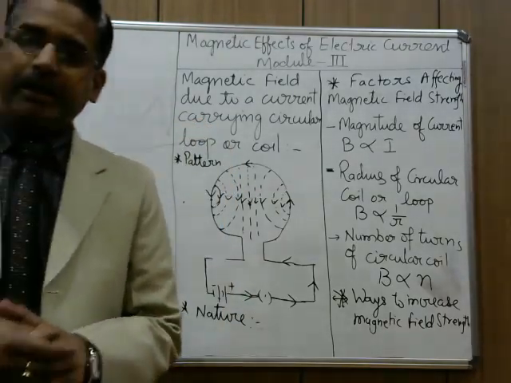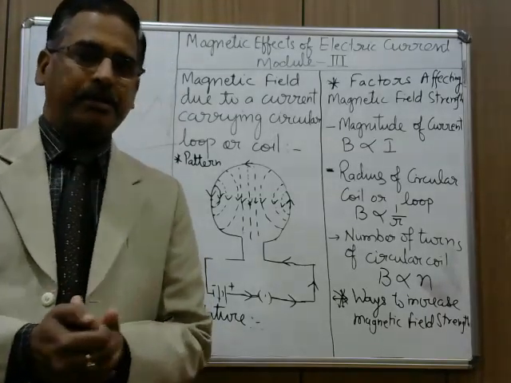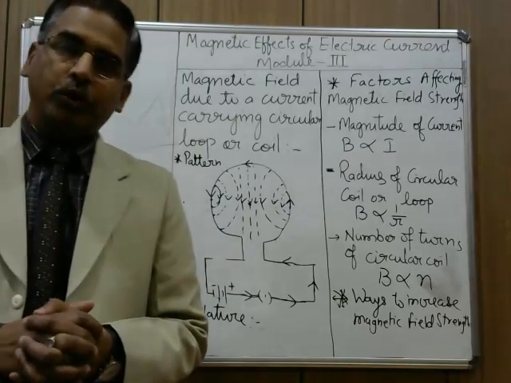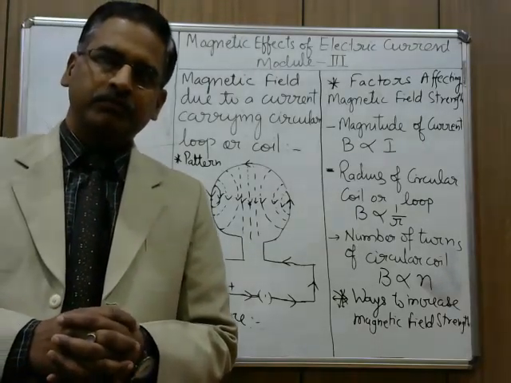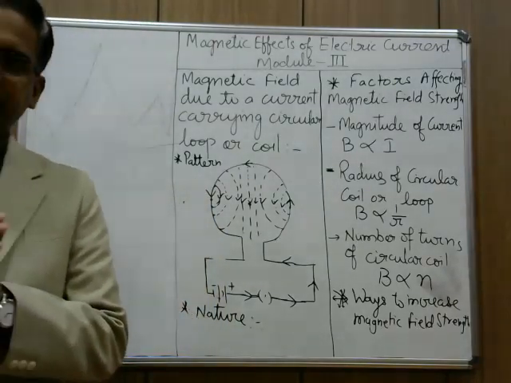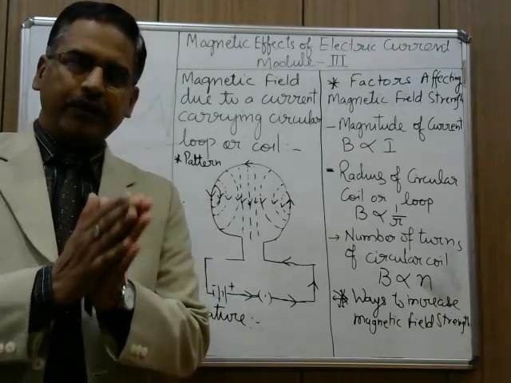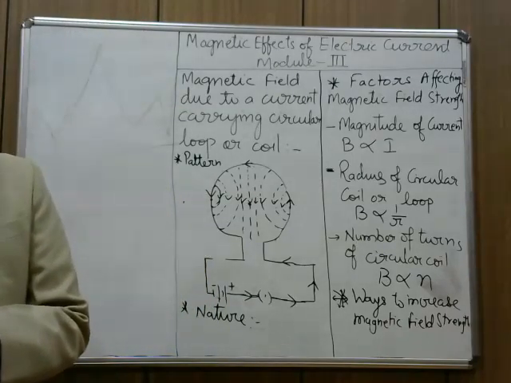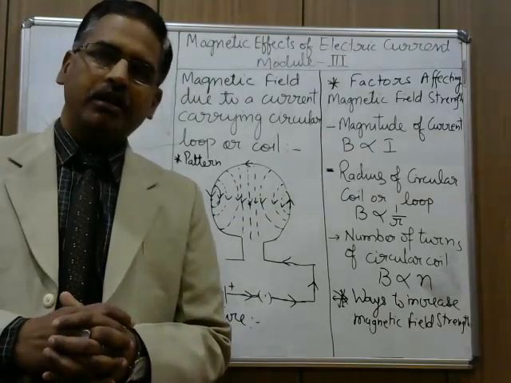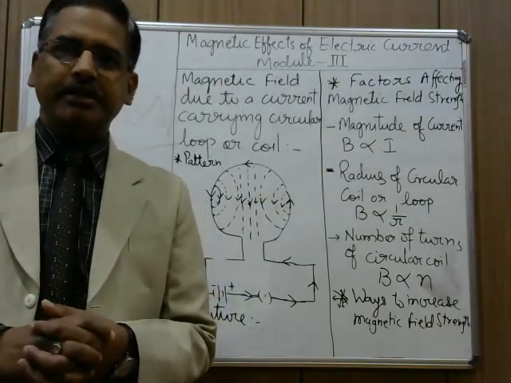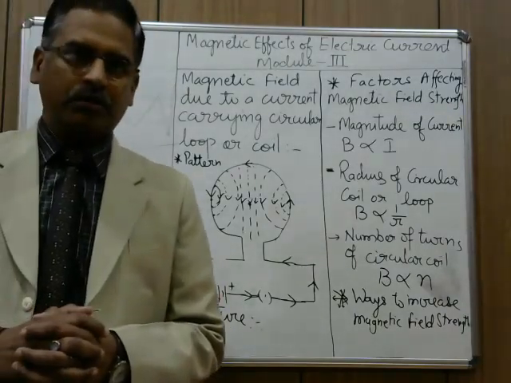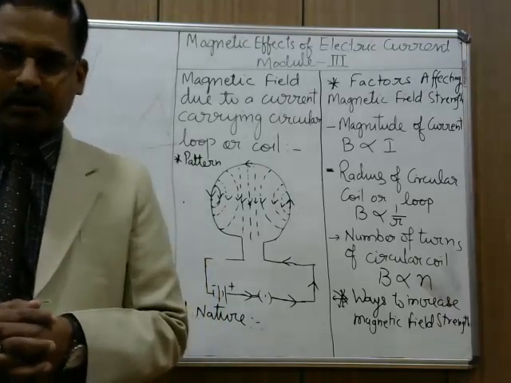Now, since a current carrying conductor behaves like a magnet, it has poles also, north pole and south pole. So how will we decide which face of a current carrying circular coil is the north pole and which one is the south pole? There is a rule to determine this, and the rule is called the clock face rule. It is very simple and easy to learn.